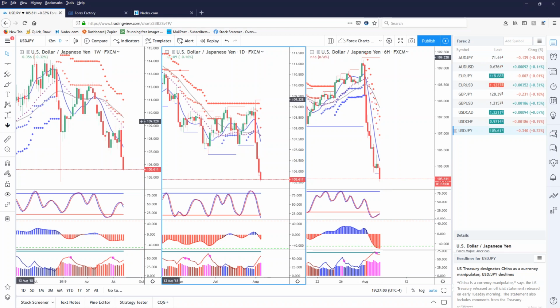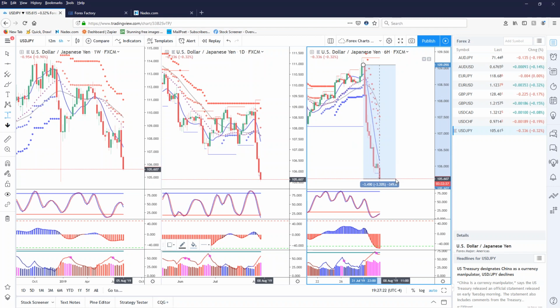Typically, what I would tell you is that with this overextended, I would be looking for a retracement either to the blue line or up to the ATR. This is overextended, overextended, overextended. This tells me that more than likely all those people that went short up here and made 350 pips are going to want to take some profit, right? So that's what's going to push this back up to here, is people taking profits.